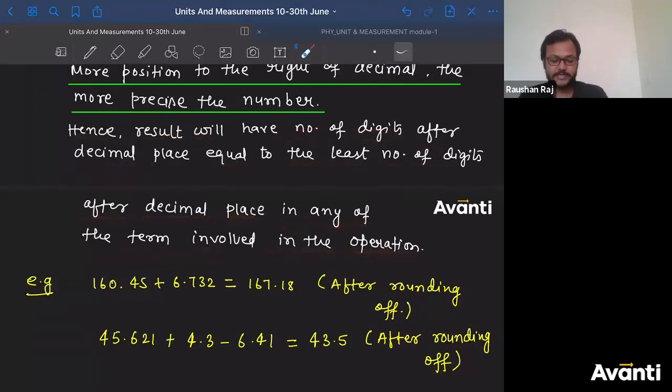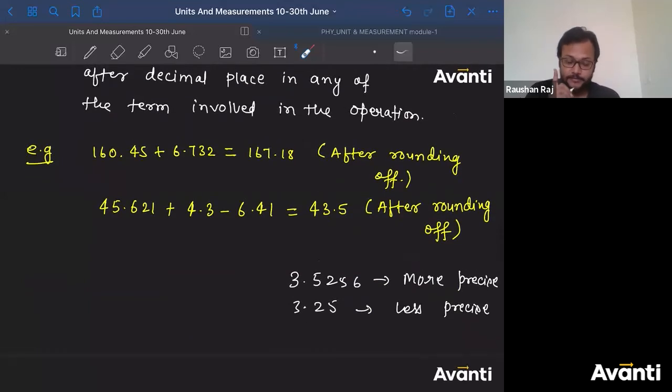Now, let us take an example here. Make a note of it. We are not counting the number of significant digits. Here, are we counting the number of significant digits? No. We are counting the number of decimal places, or the number of positions after the decimal. So in the first one, if you want to add these two, tell me how many positions are there after the decimal? 2. In this one, 3. So the resultant will have how many decimal places?